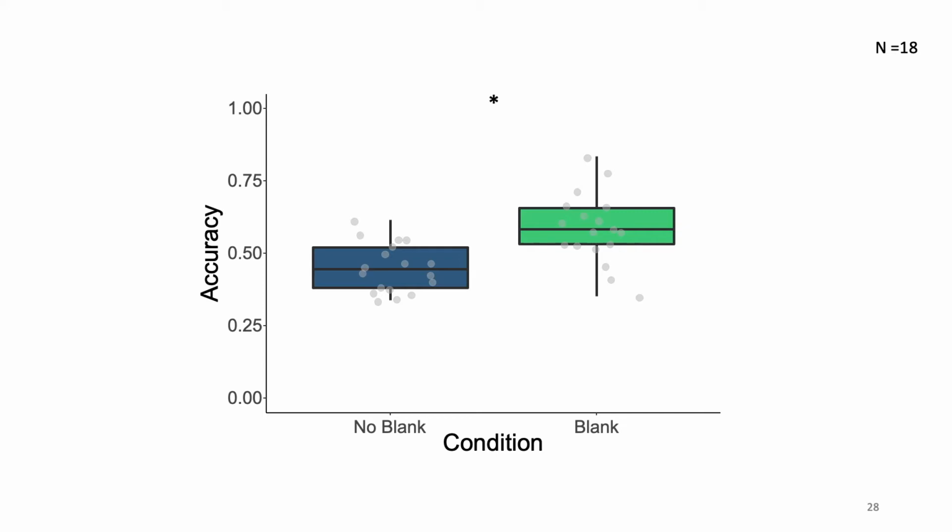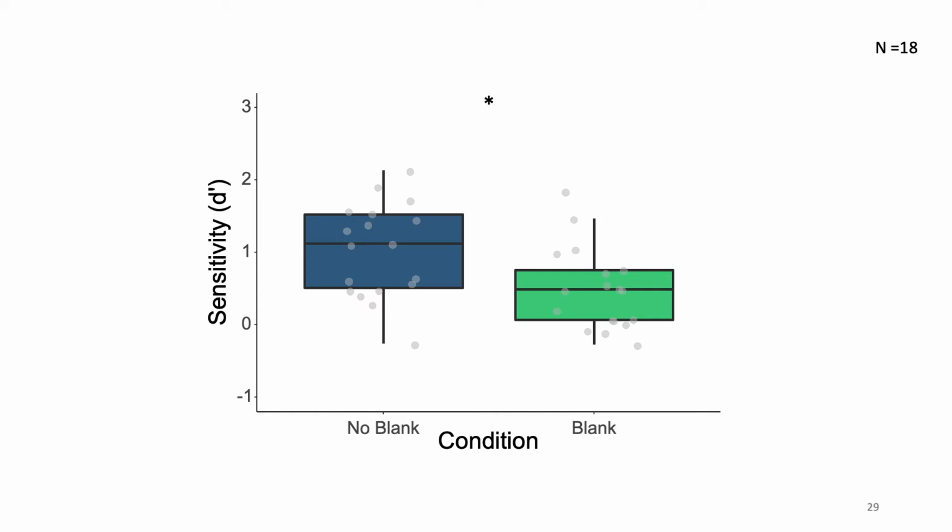And at least in one measure, it does. Accuracy is higher in the blank condition than in the no blank condition, though it is quite low overall. At first we thought, great, we replicated the effect, but it turns out that this accuracy difference is misleading. When we look at sensitivity, participants are actually significantly more sensitive in the no blank condition than in the blank